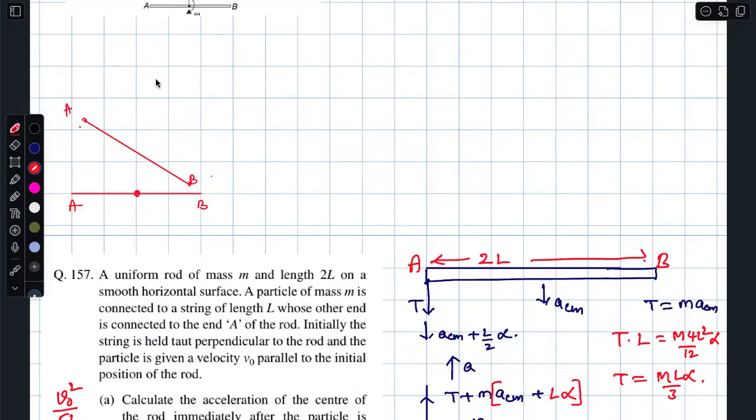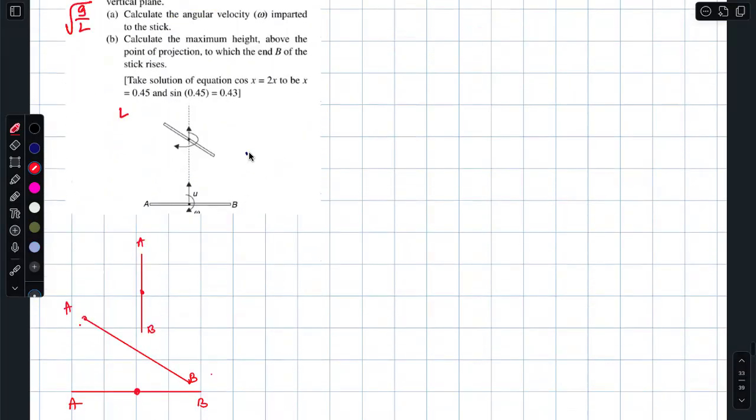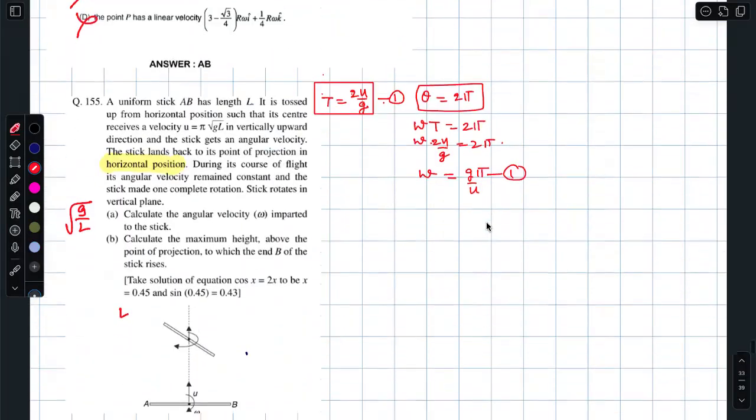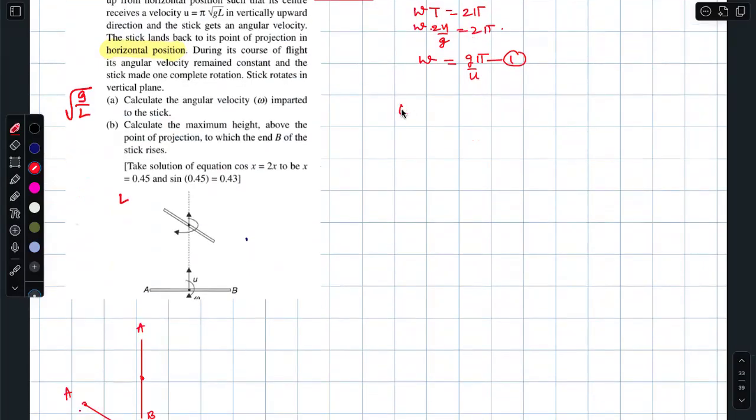Stage 2. Stage 3. Okay. See, remember, try to please understand the angular velocity part. The time taken for the time taken for